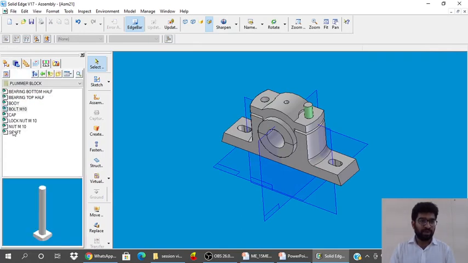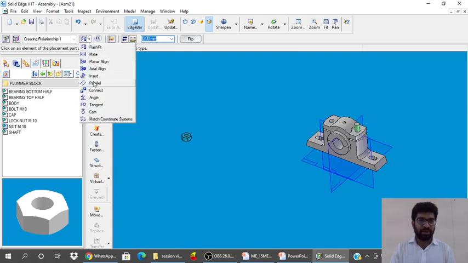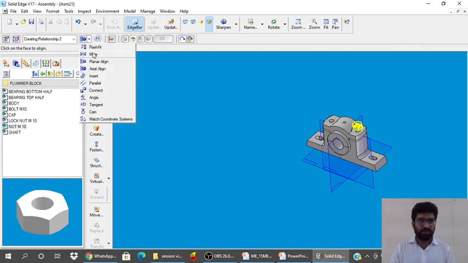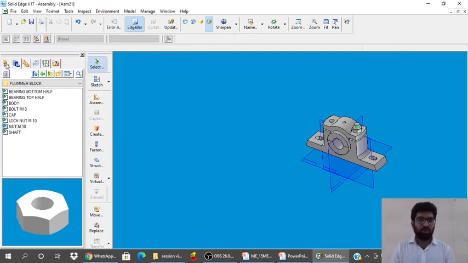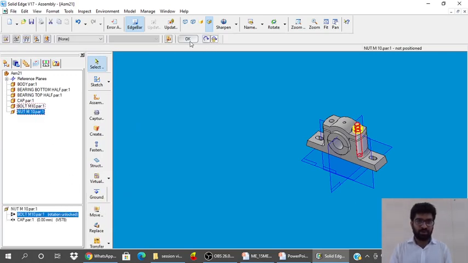We will assemble the nut, M10. Double click on the nut, axial align, select these two relationships. Second is mate, top of this and top of this. Come out of the command, go to assembly pathfinder, click on nut, lock this, say OK.